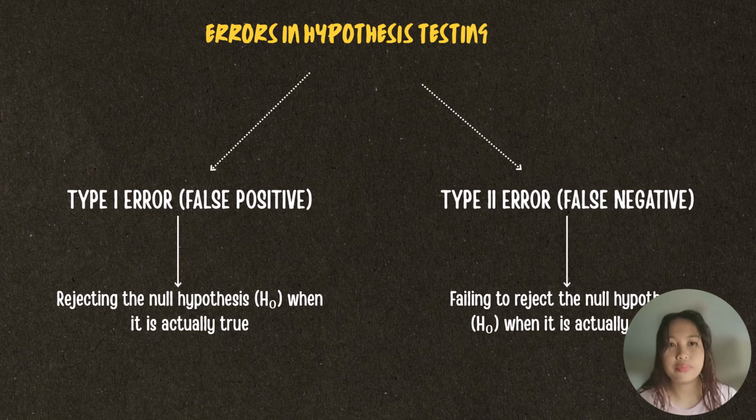So let me give you a simple example. Let's relate it to the current flood control issue in the Philippines. The situation goes like this. In the ongoing investigation into the alleged corruption in flood control projects of Mr. and Mrs. Discaya, they testified that at least 17 congressmen and DPWH officials demanded kickbacks ranging from 10 to 25% on government flood control projects. Suppose the null hypothesis is that the flood control projects are involved in corruption, and the alternative hypothesis is that the flood control projects are free from corruption.